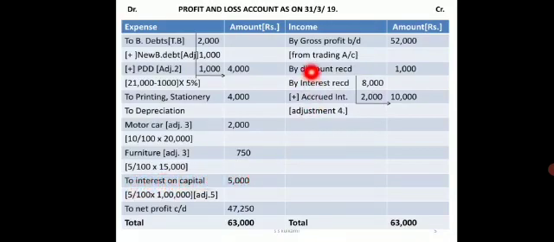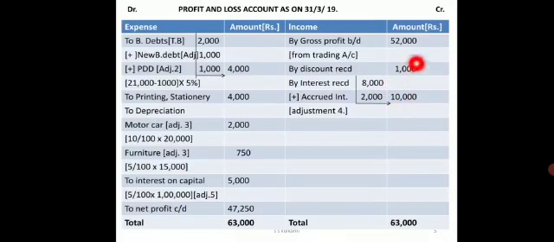Now coming to the incomes. So I have discount received. Discount received from the trial balance is 1,000. Next, interest is also received. So in the trial balance it is 8,000. But outstanding interest is existing. Such outstanding interest which is earned but we have not yet received is to be added to the respective incomes. So it amounts to 2,000. That is adjustment number 4. So total interest received for the year is 10,000.